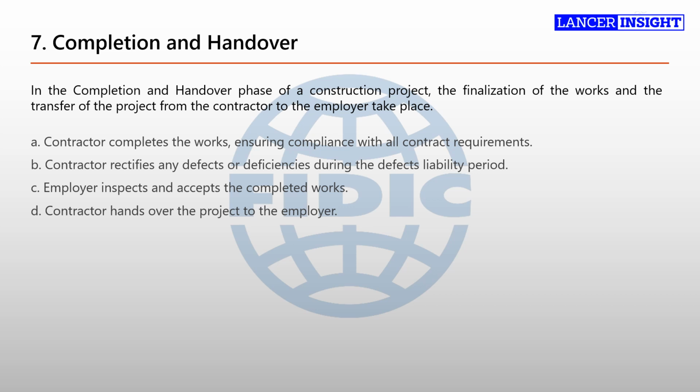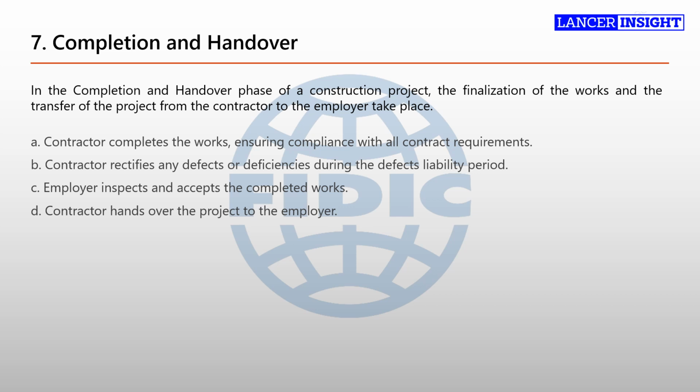Once the completed works are accepted by the employer, the contractor formally hands over the project to the employer. This involves transferring the responsibility, control, and ownership of the project to the employer. The contractor provides all necessary documentation, including as-built drawings, operation and maintenance manuals, warranties, and any other relevant project documentation. They also provide training and support to the employer's personnel, if required, to ensure a smooth transition and proper operation